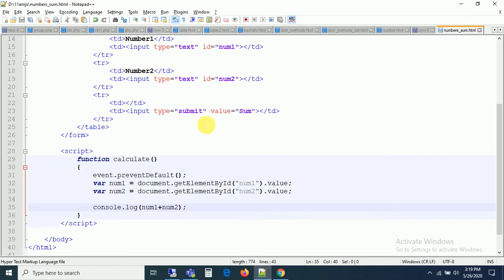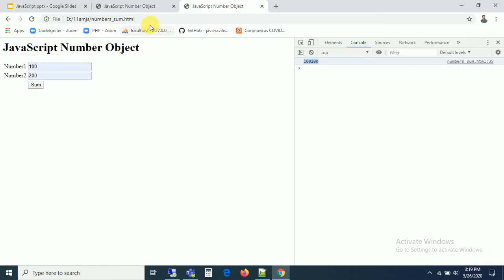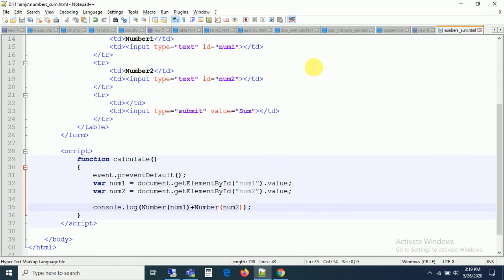Whatever value you are inputting in a text box is going to be a string. If it is a string, definitely we have to convert it into a number. To convert this into a number, we can use parseInt or parseFloat, or the Number object also. I'm using the Number object. To this Number object, just pass whatever value, and it is going to be converted into a number, guys. Now if we refresh it, earlier we saw that output, now enter the same values and submit it. Can you see this is exactly the output, guys? The values you entered in the form were converted into numbers.